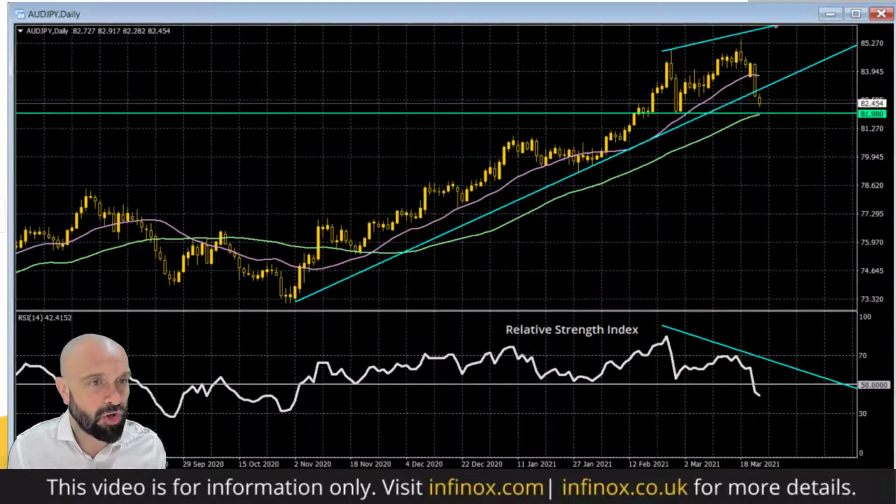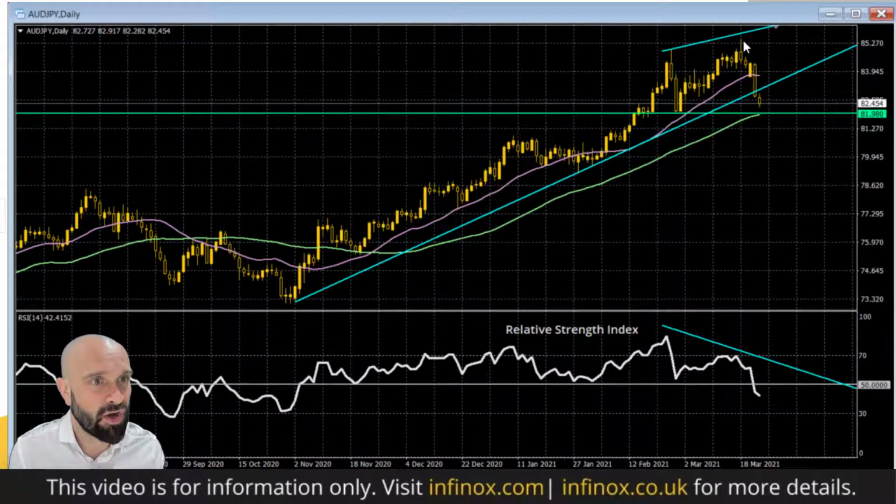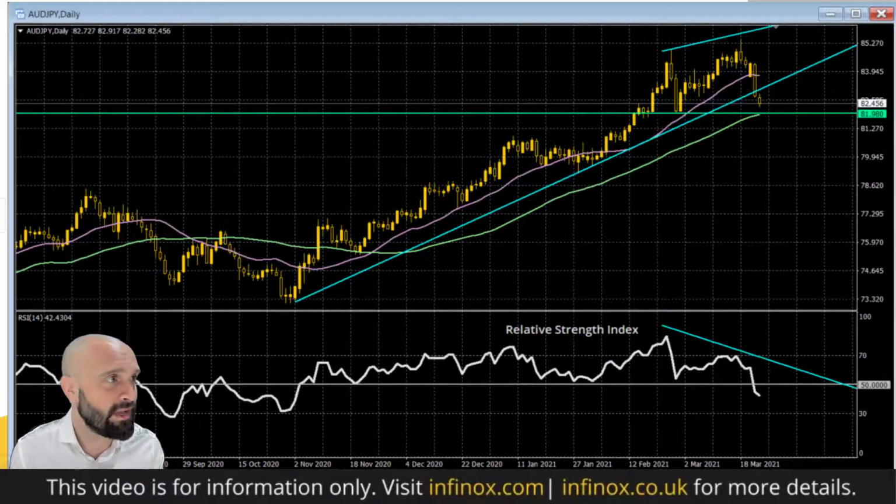And finally on Aussie yen, I wrote yesterday about Aussie yen in the report that I wrote on Forex majors, and you've seen this uptrend breached, and that is a real concern of mine, considering it's coming with a negative divergence on the RSI, the relative strength index, where you had a higher high on the price but a lower high on the RSI. That is a negative divergence, and it suggests waning momentum and possibly corrective move coming.